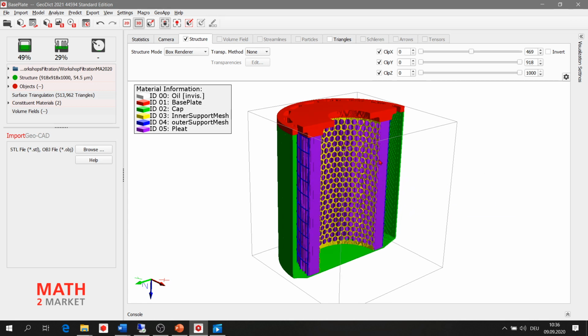Right. So as mentioned, now every part except the fluid, which is oil, is solid. So we have to change the pleat material. This can be done here with this icon. Select constituent materials. Click on that.